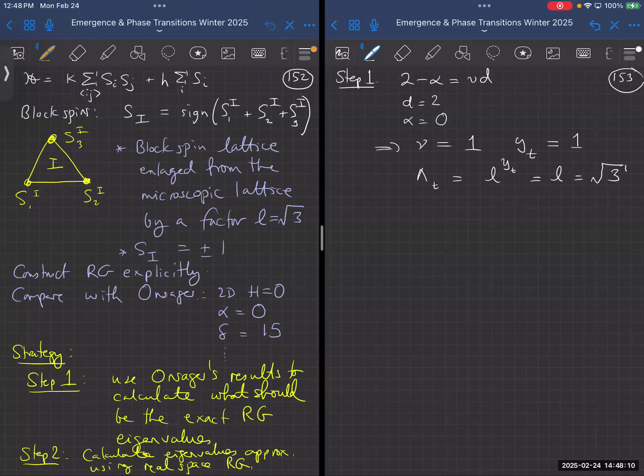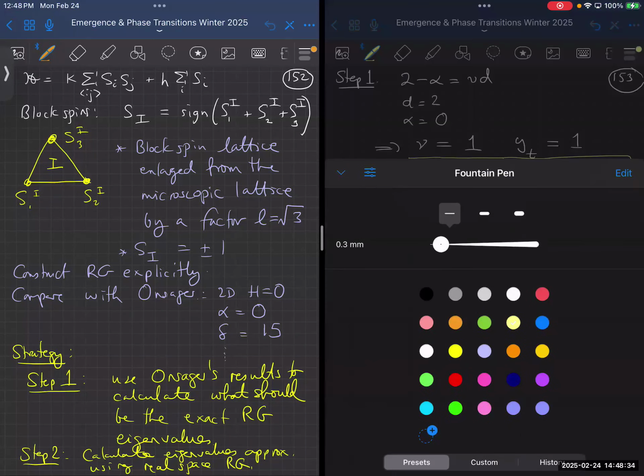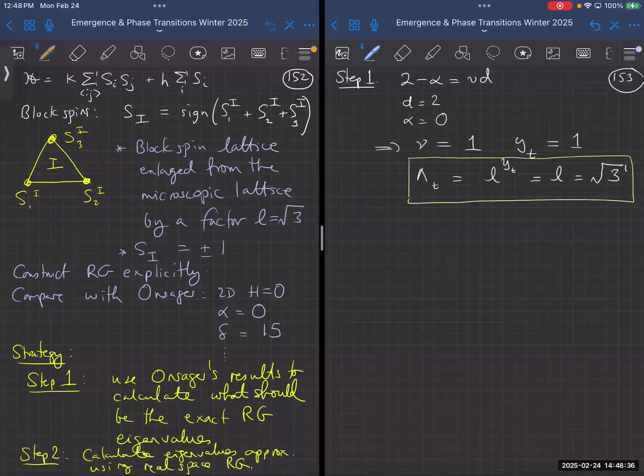Okay, now we know that there's two relevant variables. In order to get to a critical point, we have to adjust the temperature to the Tc, and we have to adjust the external magnetic field to 0. So now we're going to compute the other renormalization group eigenvalue. So let's go ahead and do that. So for lambda h,